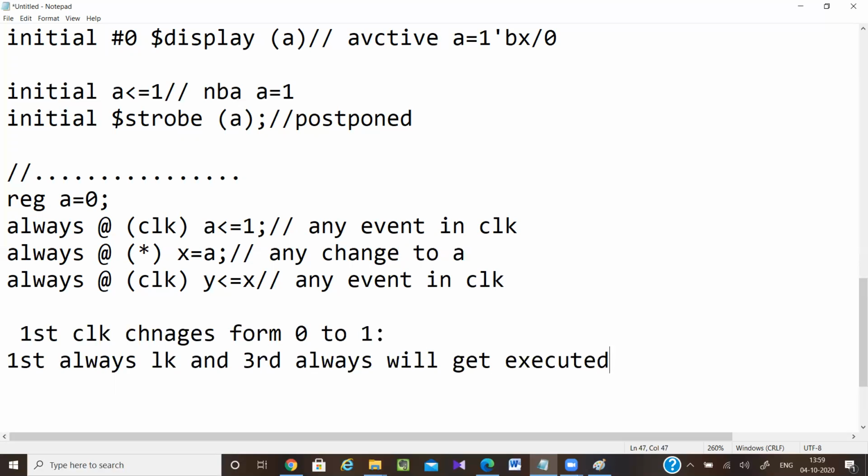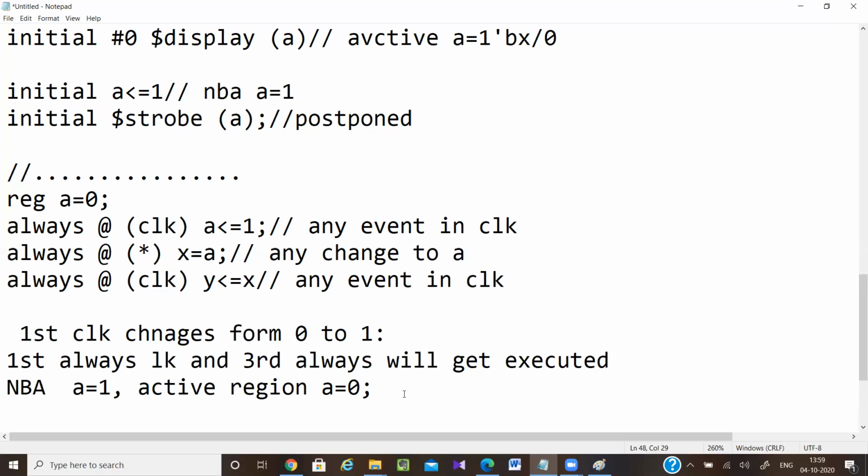I don't know their order of execution. They can execute in any order. Here in the NBA region, A value will be equal to 1. In the NBA region only A value will get updated, and in the active region, A value is still equal to 0.